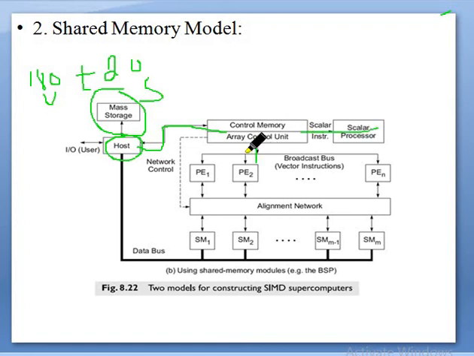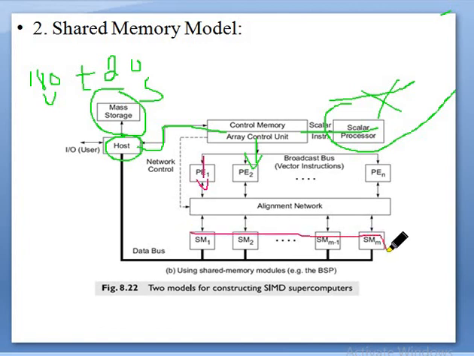If it is a vector, it is given directly to processing elements. Don't worry about the scalar part. When the array control unit decides it is a vector operation, it assigns it to a processing element. In the earlier distributed model there was an LM, meaning local memory. Instead of local memory, there is one group of shared memory.